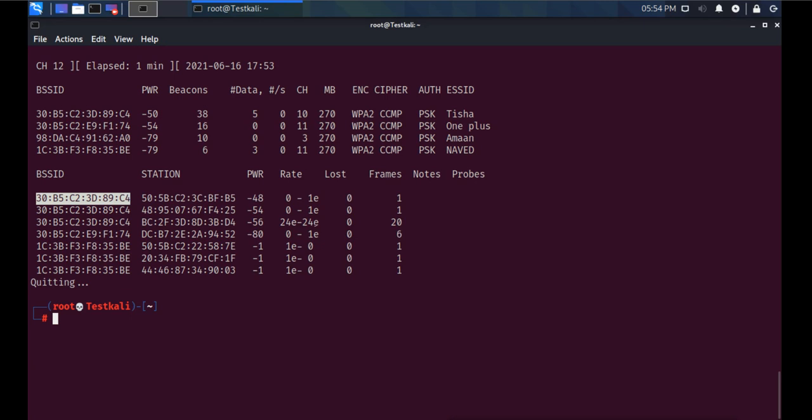Now suppose it is not showing the SSID. Then what will the attacker do after gathering this? The attacker will not quit it, but will let it continue to run, and will send the deauthentication packet. For example, I will send it to this SSID, using the MAC address of that SSID.